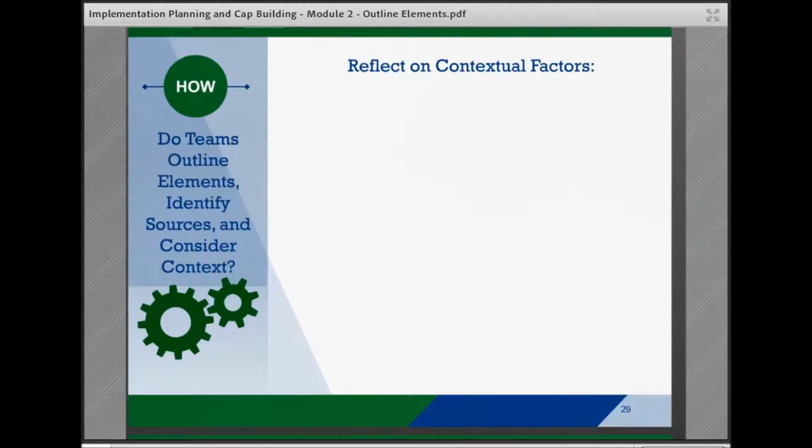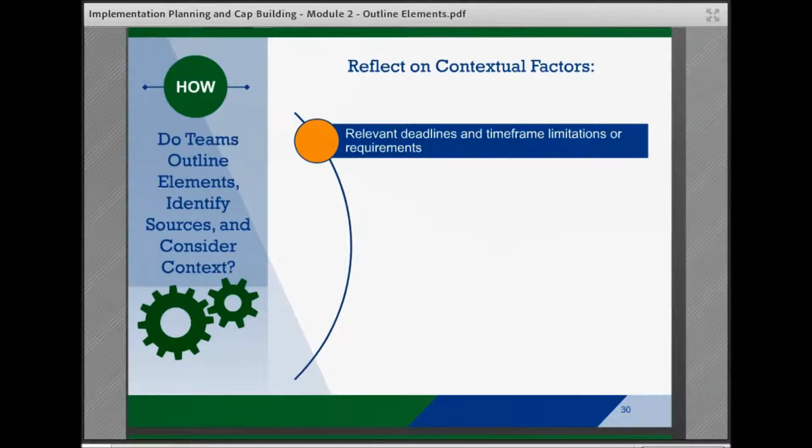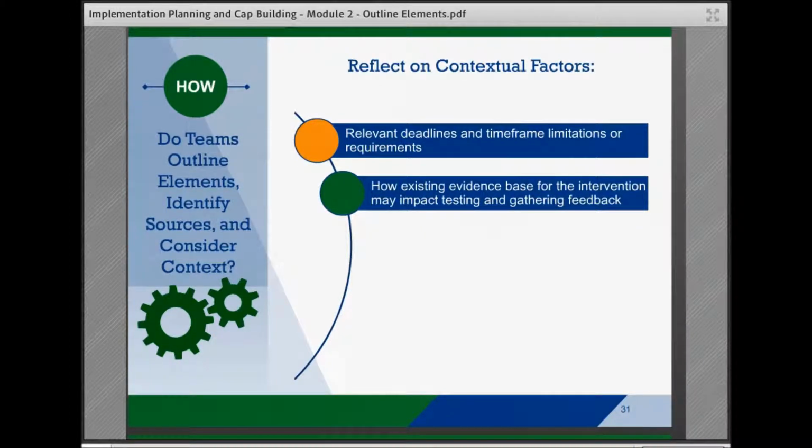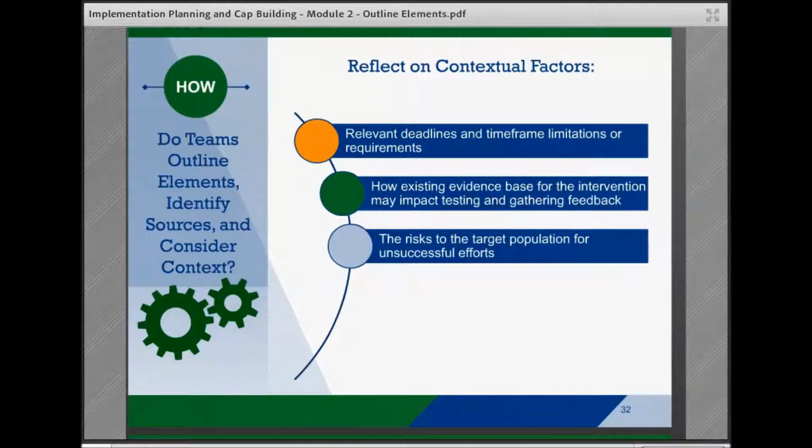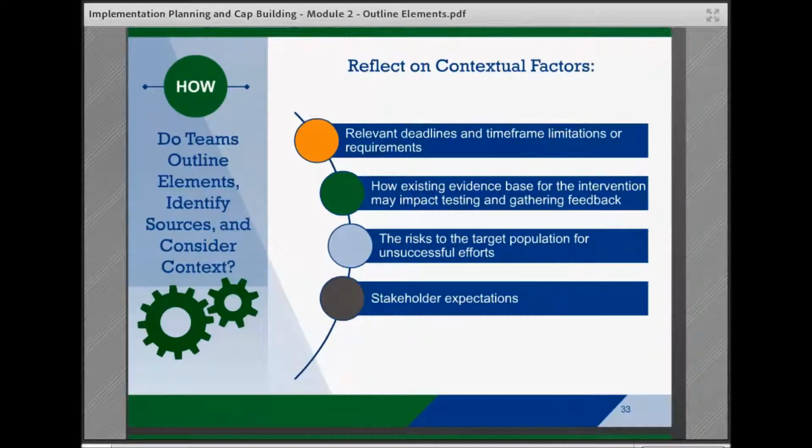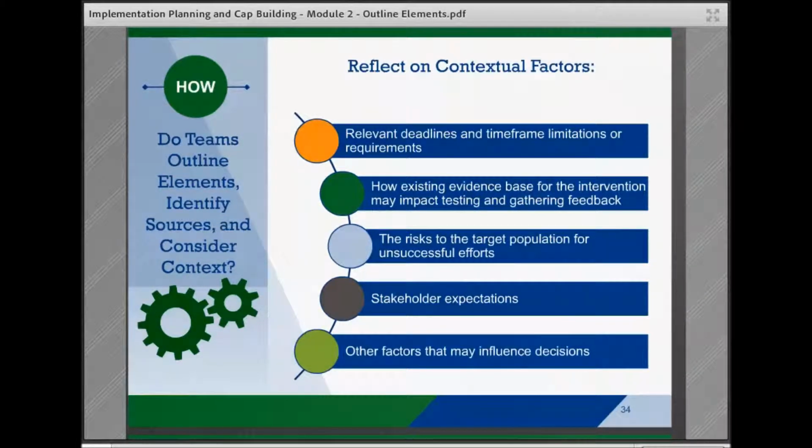These may include relevant deadlines and timeframes based on state statutes or policies, federal regulations, annual plans or grant requirements; whether the intervention is a replication, adaptation, or new design, and its existing evidence base, and what that means for testing and gathering feedback; the level of risk to the agency and the target population if the intervention is not implemented well or does not produce expected outcomes; stakeholder expectations, or other factors that might influence implementation, piloting, staging, and evaluation decisions.